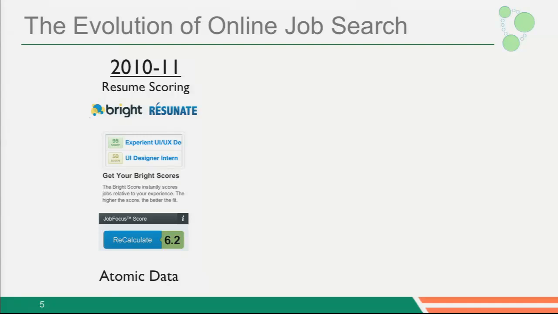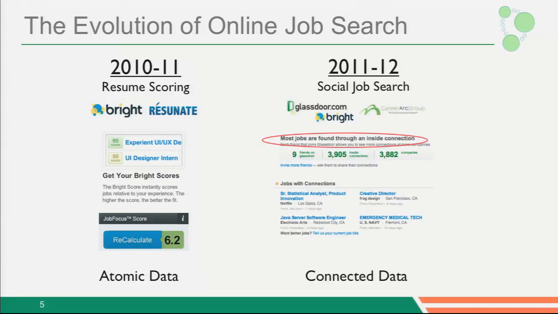But what happened just more recently is that a bunch of these kind of companies, called Glassdoor, etc., started exploiting connectedness. And all of a sudden, we had a social element. So all of a sudden, there's a company now that rather than just looking at the individual CV, they're going to look at other people with similar CVs to yours that have applied to similar positions as the one that you're applying for, and use that as the basis to predict whether you're going to get that job or not. What's happening right now in online job search is that if you're not exploiting connected data, very soon you're going to be out of business. So that's the second story.